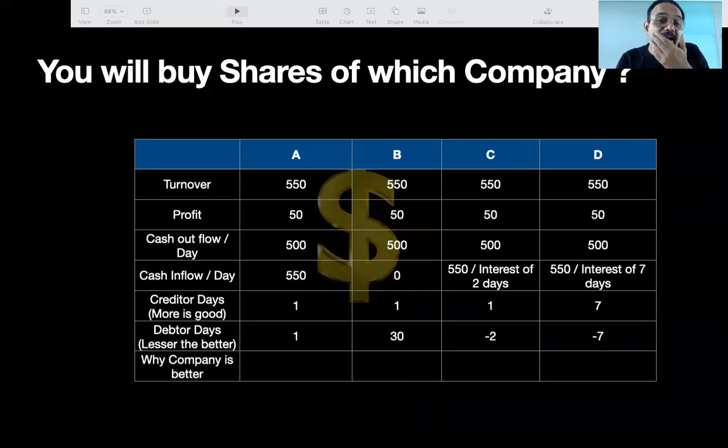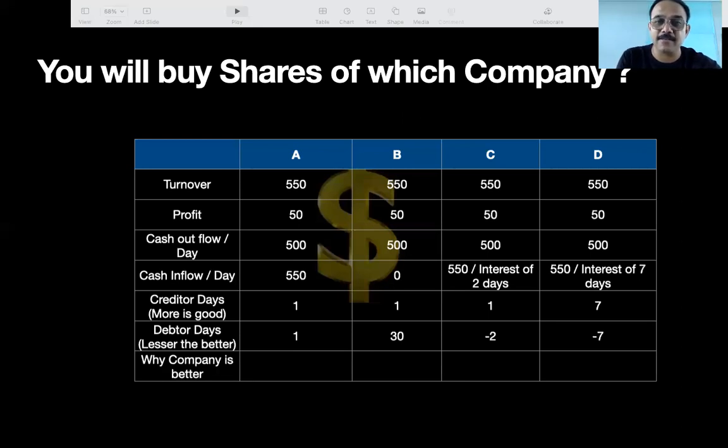Why do they have to put in more money? Because there is a possibility that there are other competitors in the same area. They don't want to extend credit to the customer and say, you can pay later at ease. Everyone wants to collect 7 days in advance. They want the money from the customer as soon as possible. They want it yesterday. So if a company has higher debtor days, its money is stuck with the customer.